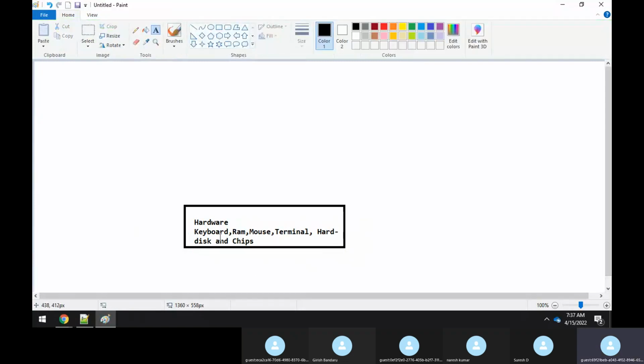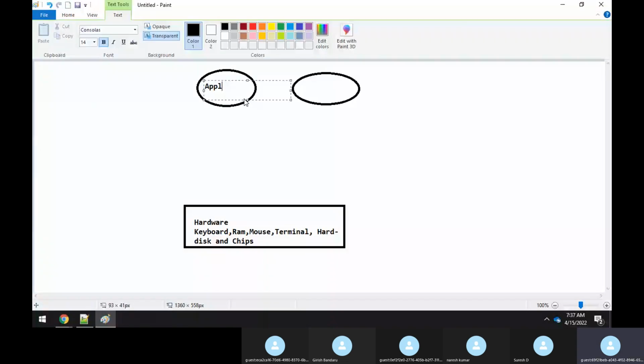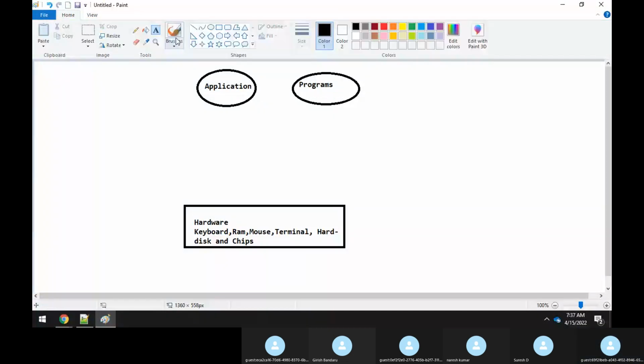Suppose I want to utilize the resources of this hardware. It means that you need to have some kind of an application, or some kind of a program, where that program can actually interact with this hardware. But an application or the program cannot directly interact with hardware, right? It cannot communicate with the hardware directly like that. It's not possible for any application to directly interact with hardware.